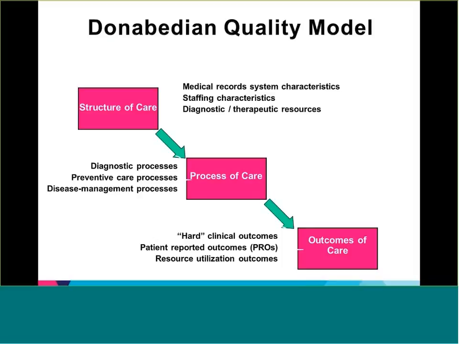So someone who's taken a good look at this in health services and healthcare is Avedis Donabedian, and he developed this really rather clever way of thinking about the quality of care, having three main pillars to it. And unfortunately, I have these boxes and not pillars on this slide, but the concept is still there. So there are elements of a good structure of care that can promote quality, and these are things like our medical record system characteristics, our staffing characteristics, the availability of diagnostic and therapeutic resources that an office has available, our phone systems, really anything that's sort of brick and mortar, and any of the people and